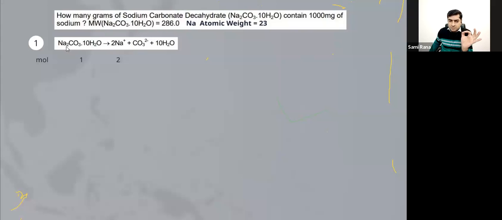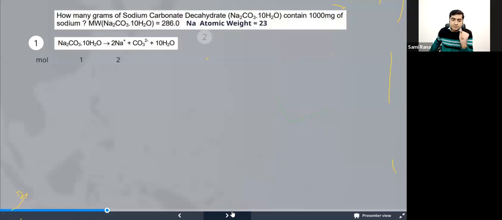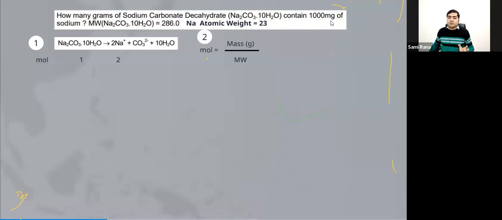Everything in this subset here is going to give us 2 molecules. So 1 mole is going to give us 2 moles of sodium. Now moving forward, step 2. We now need to convert this 1000 mg of sodium into moles, so that we